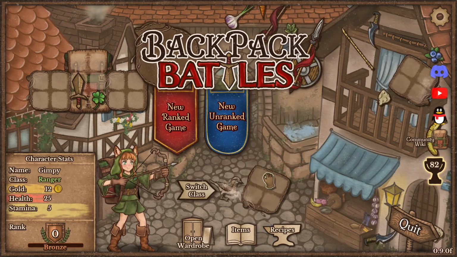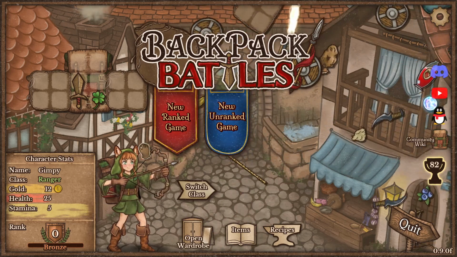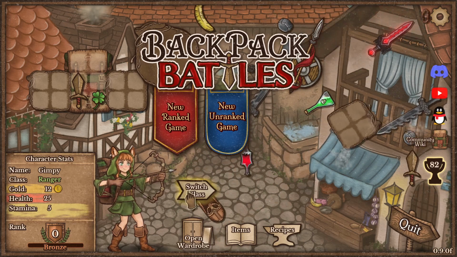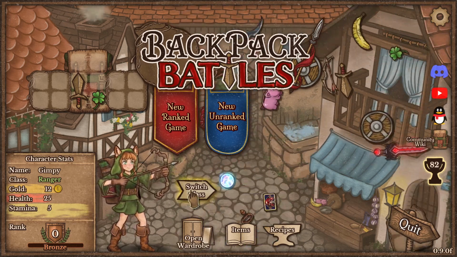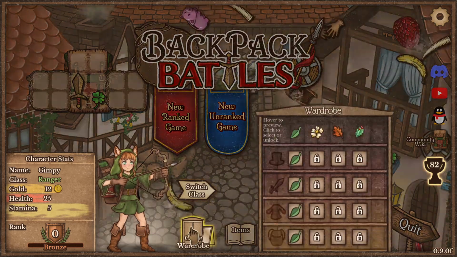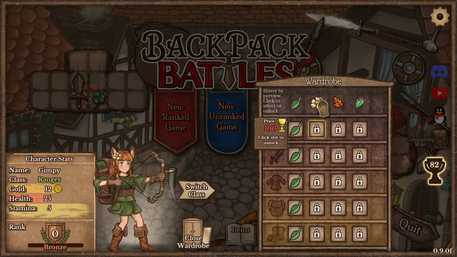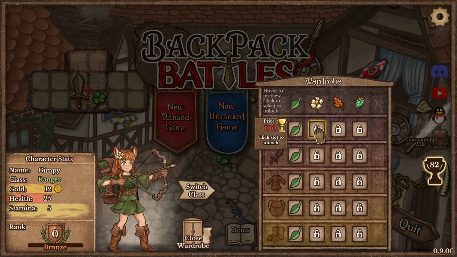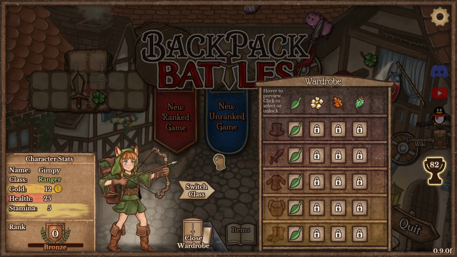Anyway, there's ranked games or unranked games. I haven't done any ranked games yet because I'm still learning. But I have played all 4 classes to complete a run, so to speak. They have little wardrobes. These are primarily cosmetic. I don't know. Oh, that's what those are for. I was trying to figure out what the...